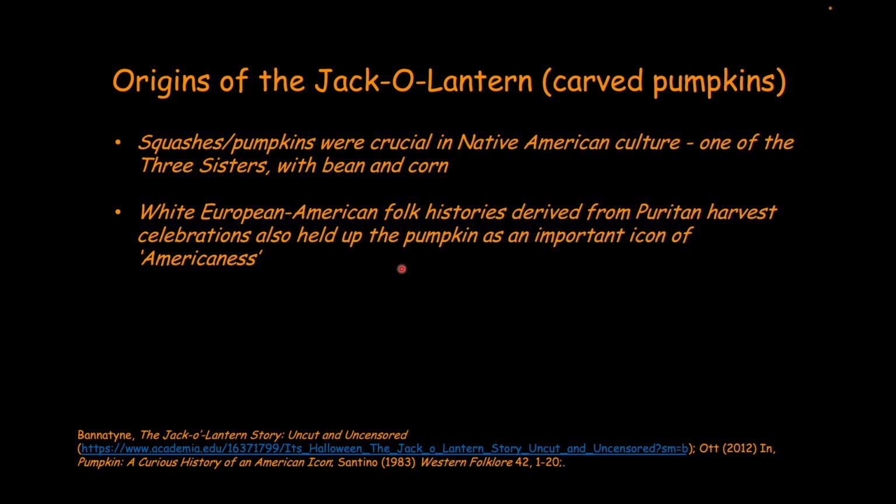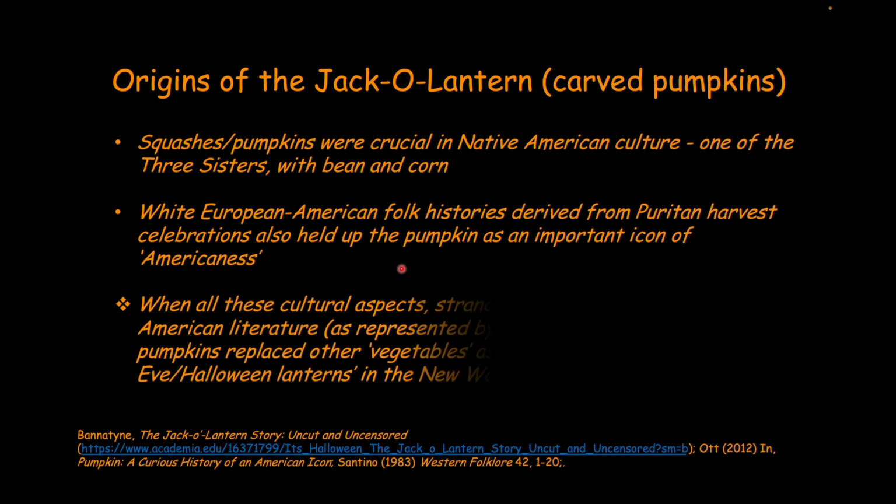So even though there's no evidence that there was pumpkin pie at that first Puritan Thanksgiving that we always think about as one of our founding tales, pumpkins were important as a staple and consistently dependable food source when other food sources weren't around. There was always going to be a pumpkin around. Pumpkin pie did develop mostly in the Northeast, but it spread into the rest of the country. And these things were swirling around at the same time these old world tales were swirling around, and they all combined to give us what we now affectionately look at, and it's the jack-o'-lantern at Halloween time.